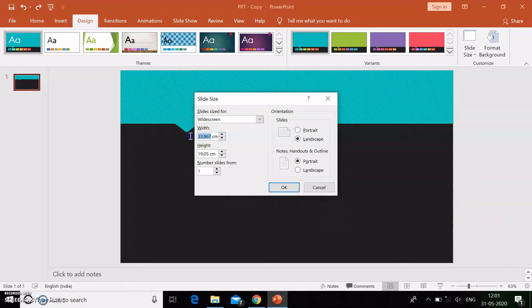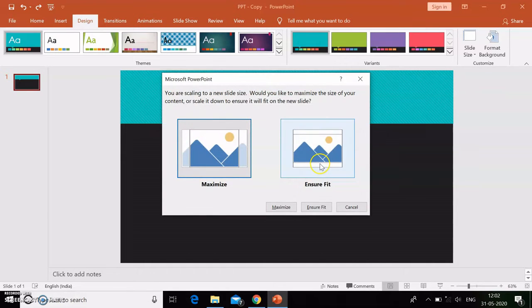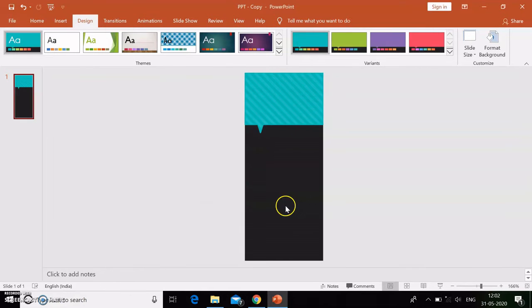Now let me change the width and height, and then let me select Ensure Fit. Now the size of the slide has changed. You can do this adjustment, that is changing the slide size, according to your requirements of the brochure.